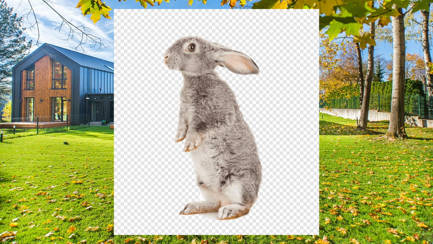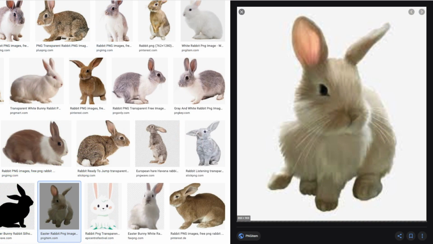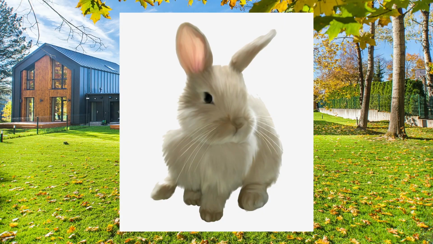Let's look at our final image. Another rabbit with a white background. However, when it loads with the white background and when we copy it to our slide, the white background also copies over. So the key here is ensuring that the gray and white checkered background shows up in our images after we